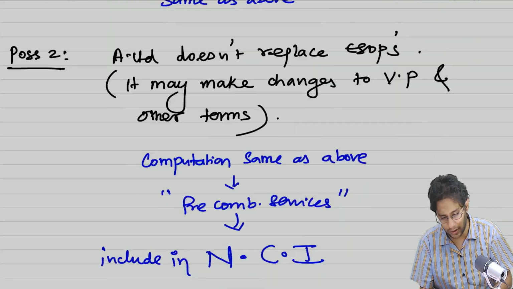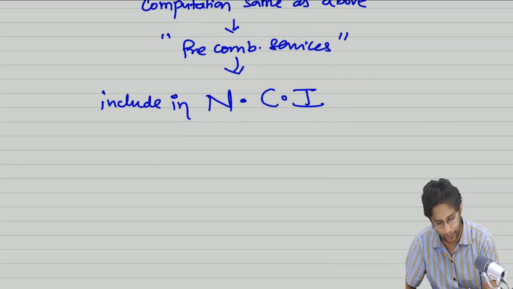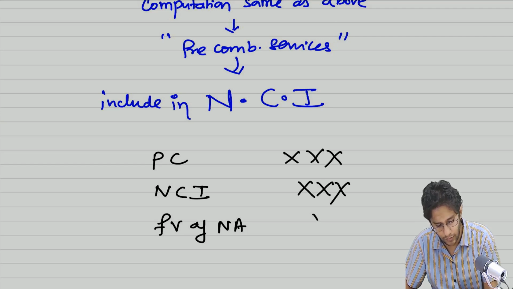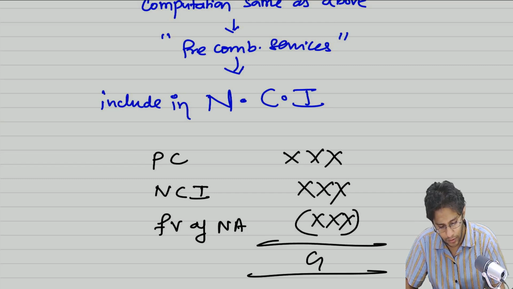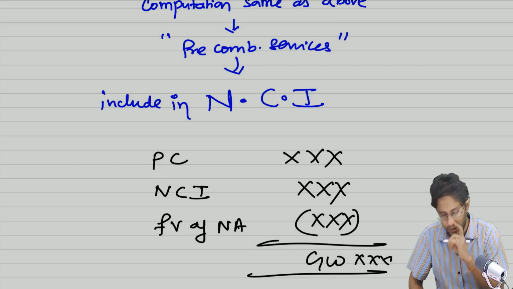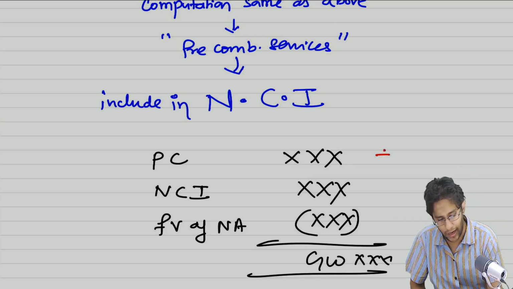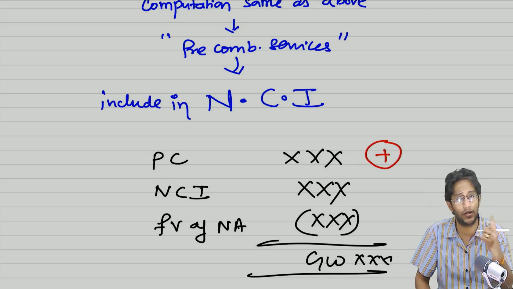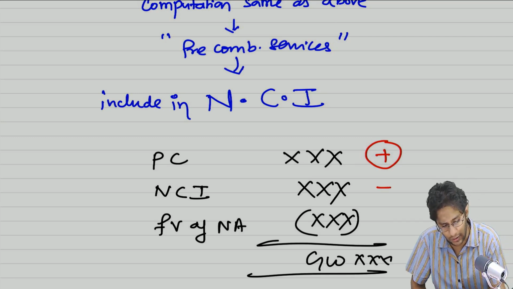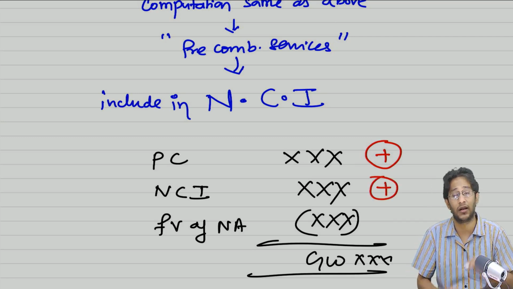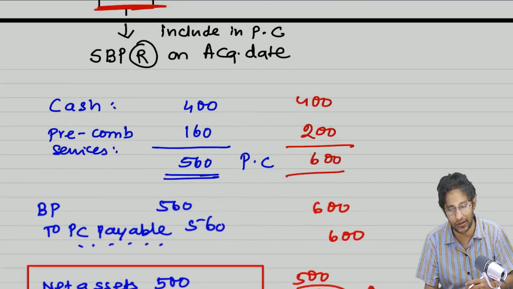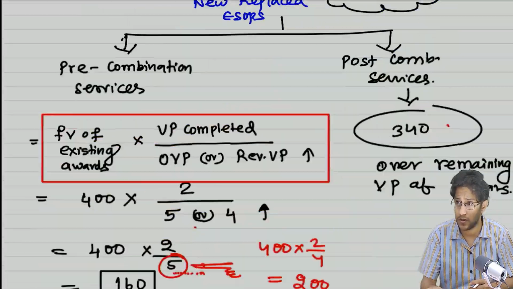Now, if you watch your goodwill, in this acquisition model goodwill template: PC, NCI, fair value of net assets. This is your goodwill number. If it is replaced, you will add it here. If it is not replaced, the subsidiary company only is going to issue ESOPs to their employees. In that case, you will add here. In the absorption case, replacement is compulsory, sir. You cannot have B Limited issue ESOPs to their employees because B Limited is closed in the previous example. So it works with that.